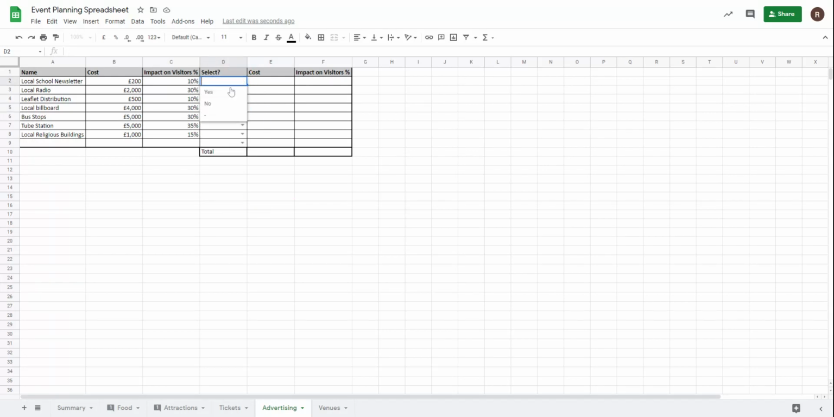Now, what I'm going to do is also think about my costs. If I choose to use the local school newsletter to advertise in, my cost should then be £200. Otherwise, if I do not select it, it should then be 0. So I'm going to enter an if statement here, or the IF function. That would start with equals. Remember, all of your formulas and functions start off with an equals. We're going to enter IF,